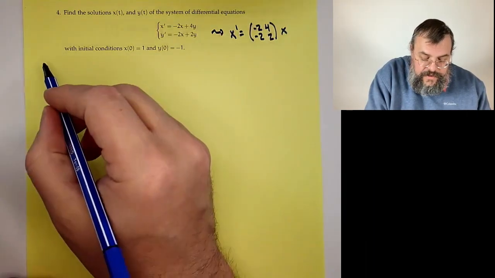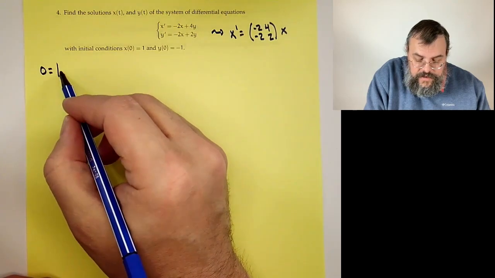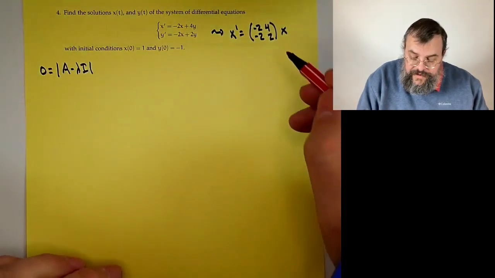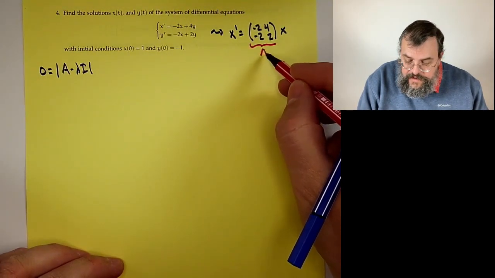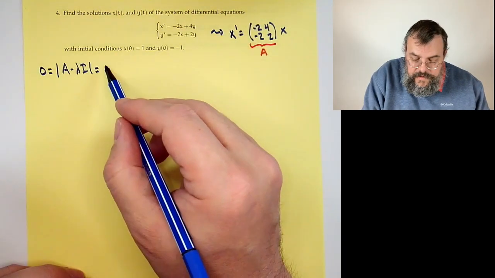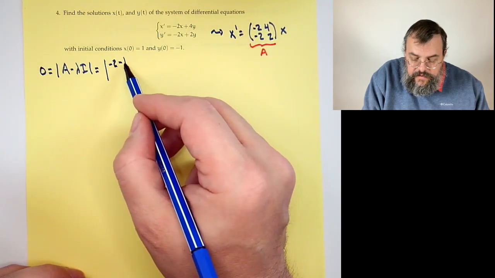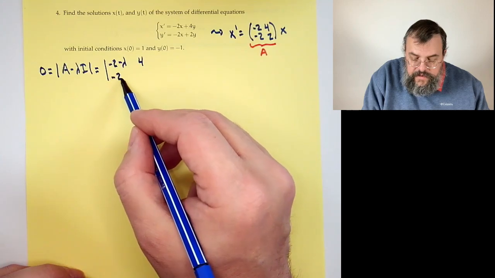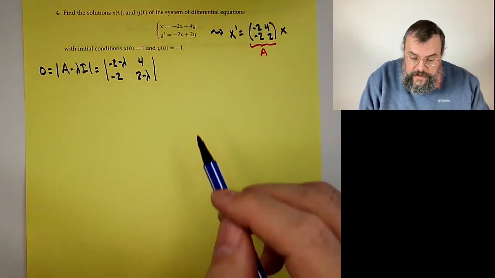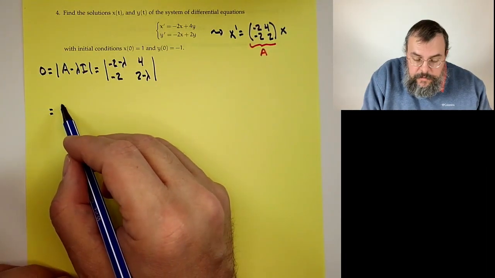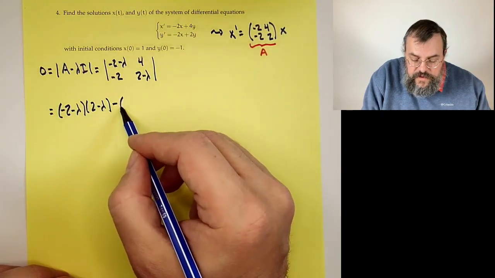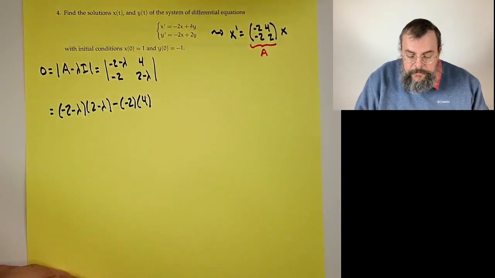So we're going to set 0 equal to the determinant of A minus lambda I, where for reference, when we talk about our matrix A, that's this matrix here. So here's A. So we're going to have the determinant of minus 2 minus lambda, 4, minus 2, and 2 minus lambda. All right, so that would be